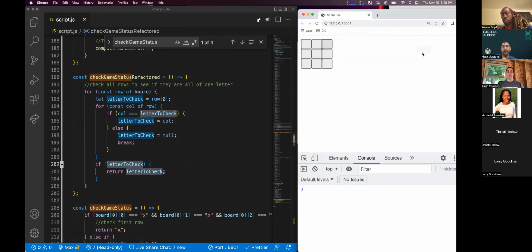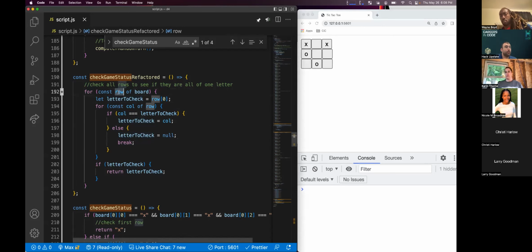So let's look at it this way. We're going to say X and X. So we're going to leave it like this. Now the loop runs and it goes, all right, go through the first row. First row is going to be right in here. Letter to check, we're going to assume the letter that we start with is always the first item in the row.